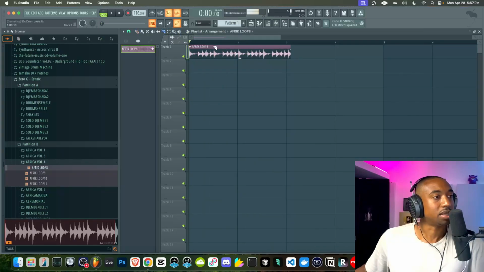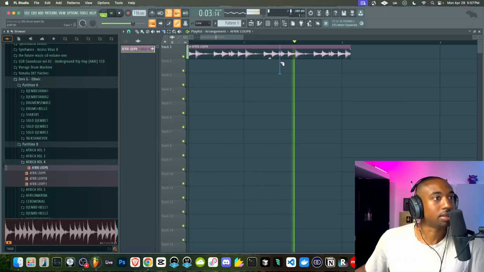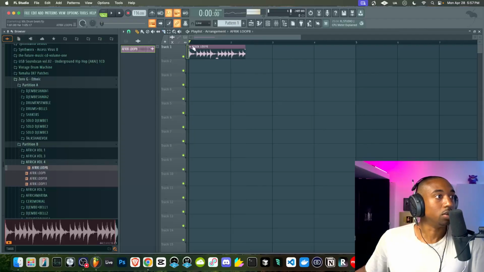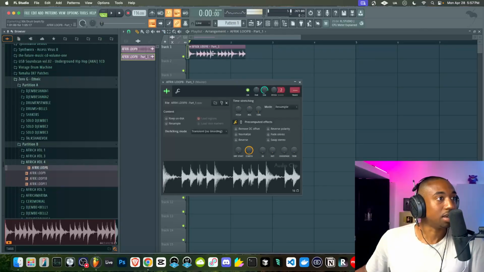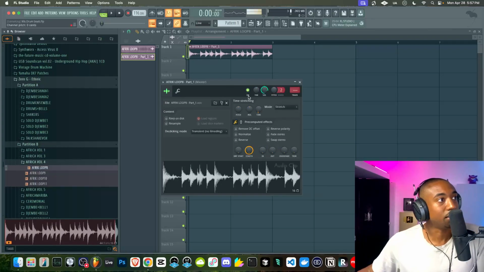Okay, so we need to grab the slice tool. So 1 and 2 and 3 and 4 and slice. Okay, so some of these are not perfectly looped. That's one thing about the older loops here. Click in the top left, go to make unique as a sample, double click, go to mode, stretch mode. And now we can just lock it to the grid, or you could right click like Av McCree showed and select the amount of bars.